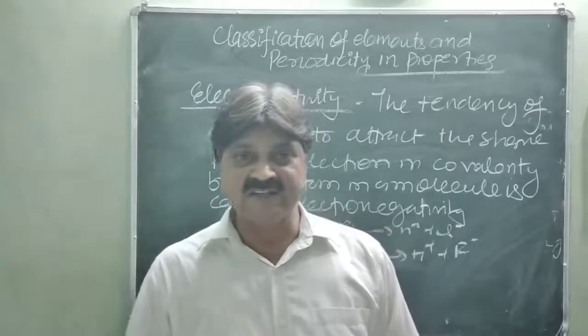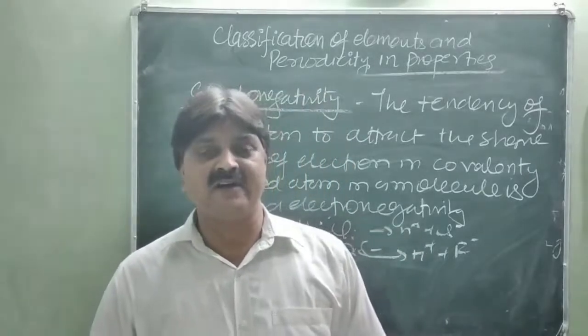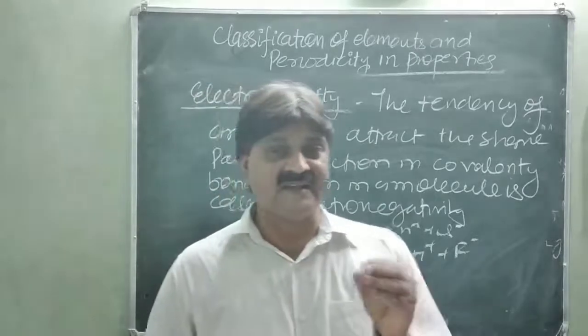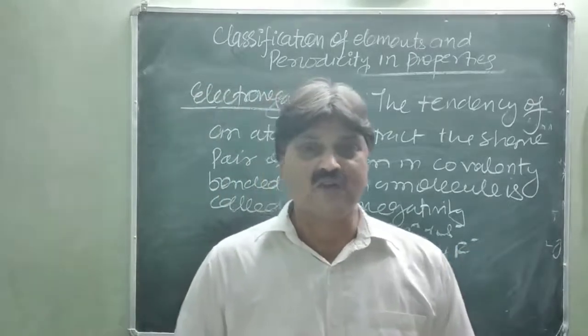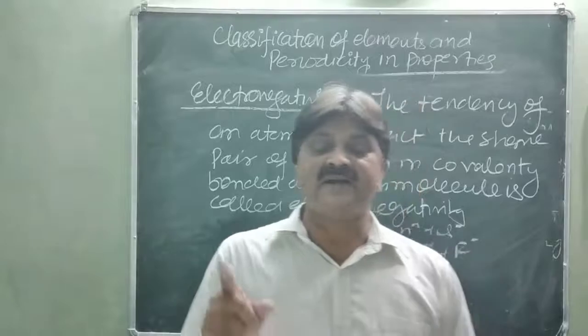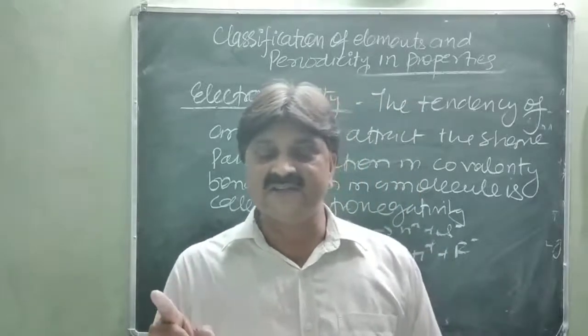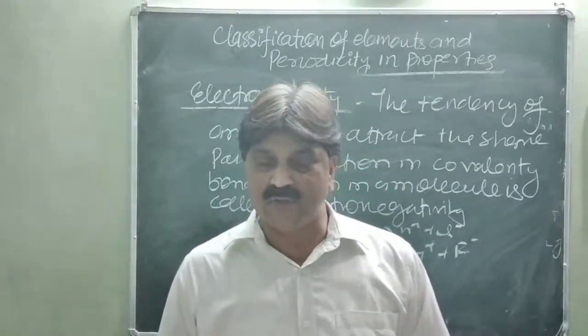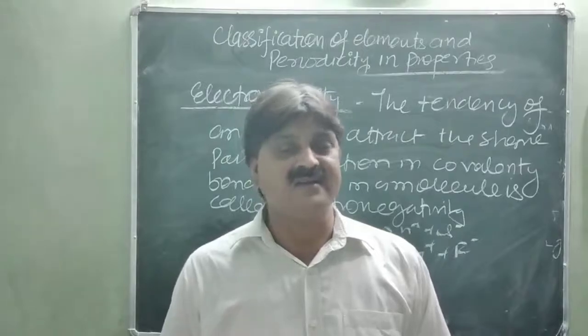Whereas oxidizing tendency means gaining of electrons. With a smaller size, it gets the electron very easily. So left to right across the period, oxidizing character increases, whereas top to bottom within the group, oxidizing character decreases.